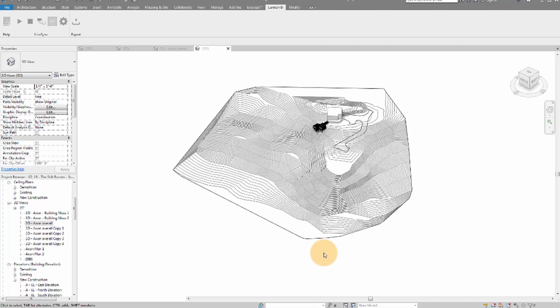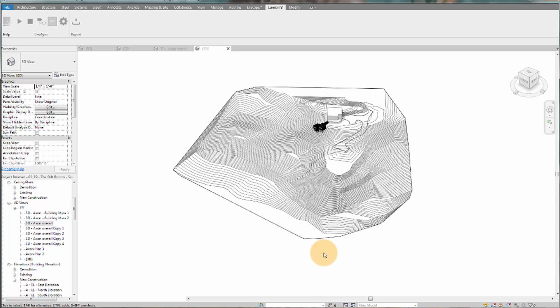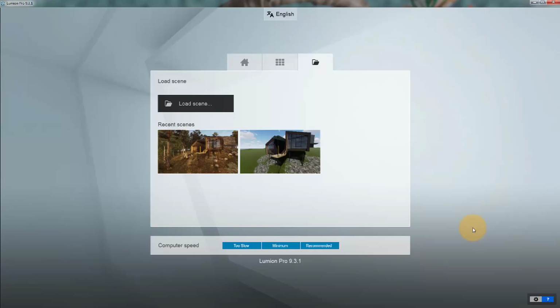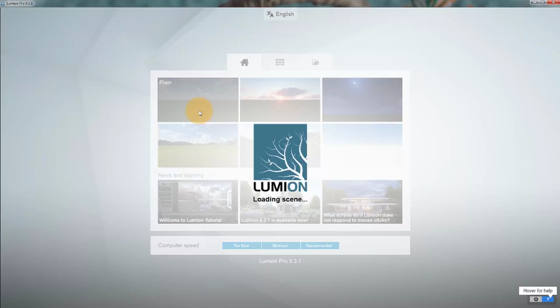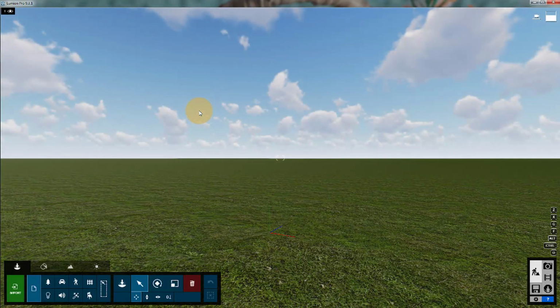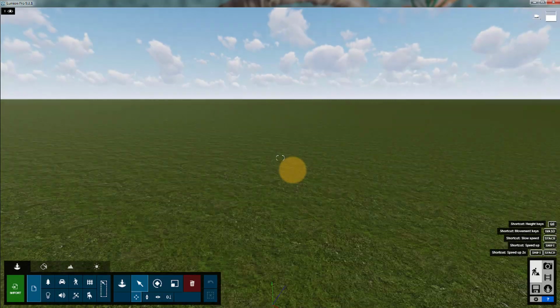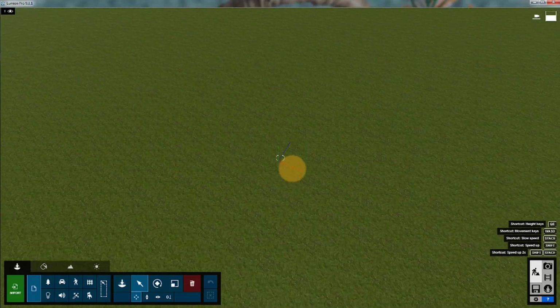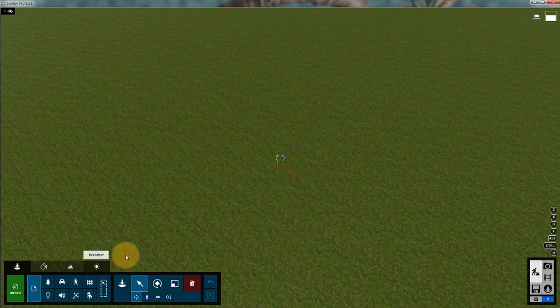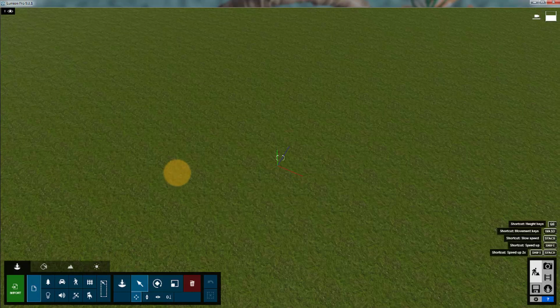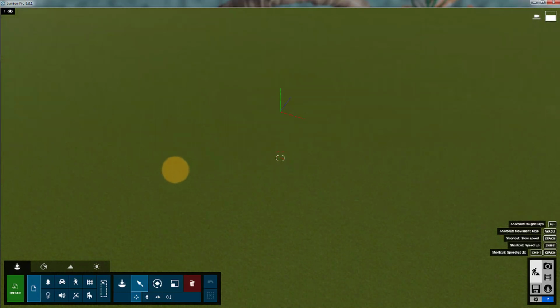Now we're just going to hop over to Lumion and I'm going to break down. First I'm going to show you how it comes in by default. And then I'm going to show you what we ended up with. So now that I'm in Lumion, before we jump into the actual scene, I'm just going to start a plain scene. I'm using Lumion Pro 9.3.1. I believe Lumion 9.5 is out. I just haven't installed it yet. But I just want to show you what this actually looks like before I tweak it